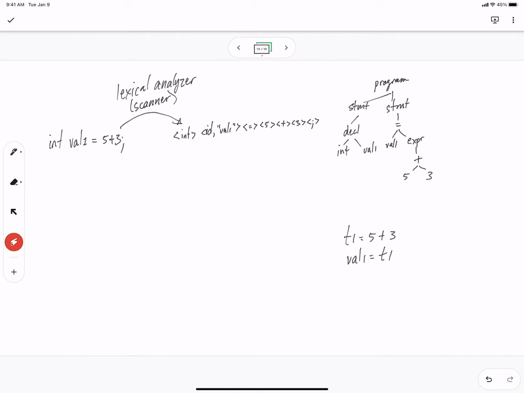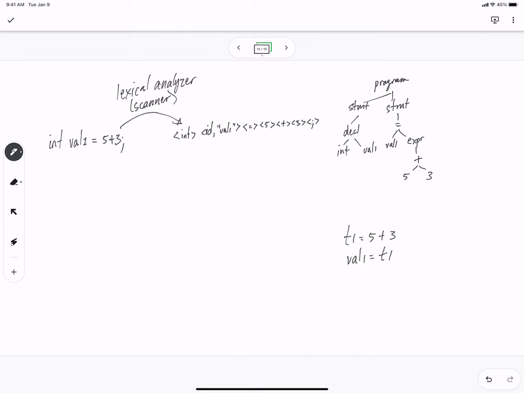Then it's going to say val1 and recognize that as an identifier, and we put the attribute value val1 in the token so it can find it in the symbol table. Then we have these other tokens: equals, 5, plus, 3, and semicolon. So that's the job of the